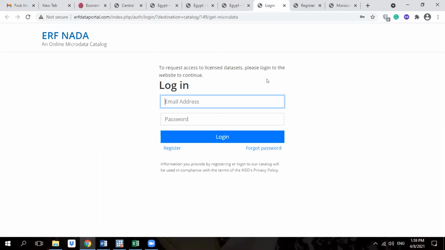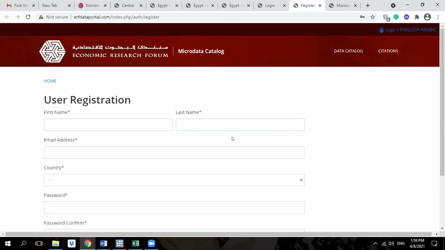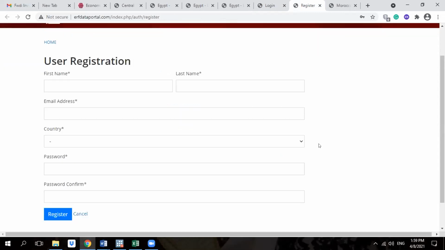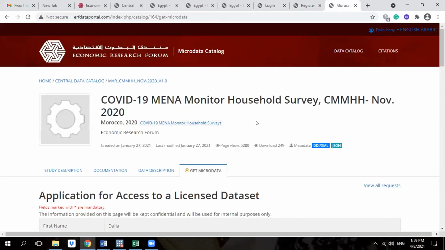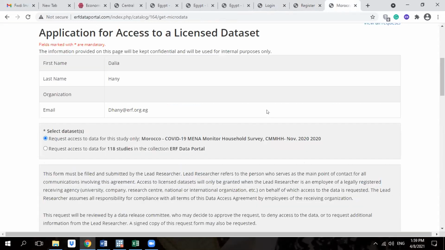If not, you should register and fill in this request. An activation email will be sent to you to activate your account, and then just log in again and you'll find this data request.